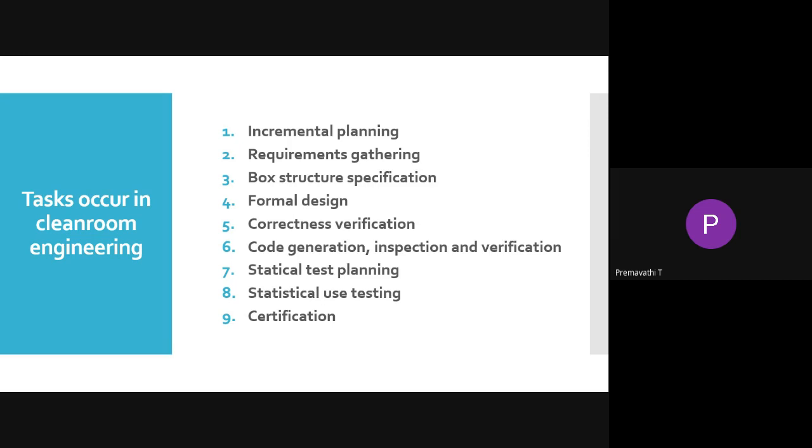And then the next process is correctness verification. What is meant by correctness verification? In this clean